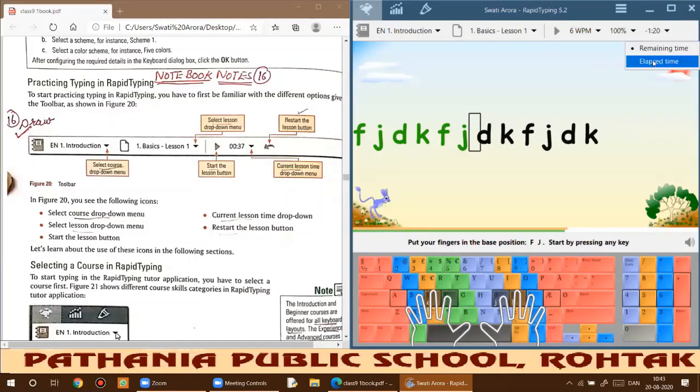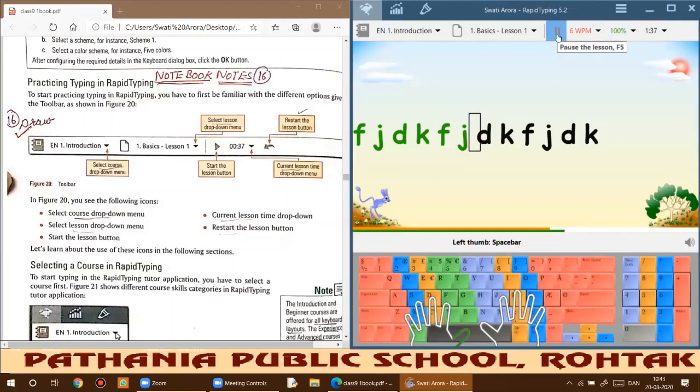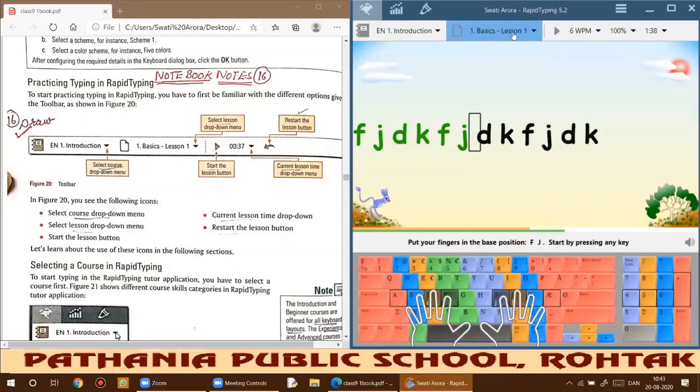Okay, so I can start the timer again just by clicking on the things. So here you need to click on pause or resume. Okay, you can start the lesson again and you may pause it. Fine. So it is totally dependent upon you how you need to work. When you click it on, you will get an arrow here to restart it.